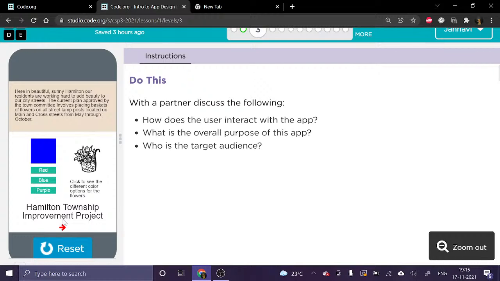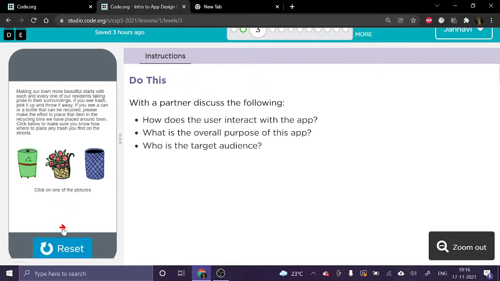Let's click on this arrow right here and see what happens. Okay, when I pressed that arrow, it took me to the next screen, and the text here says,